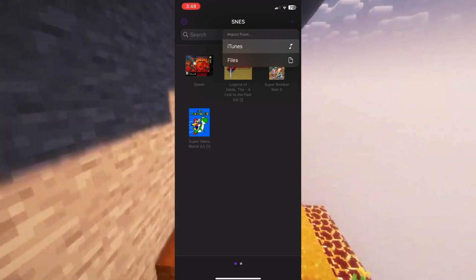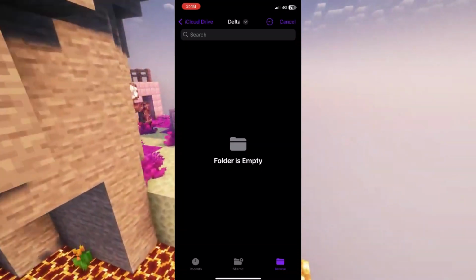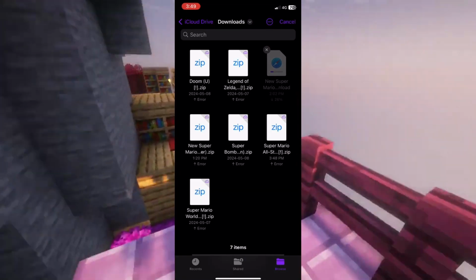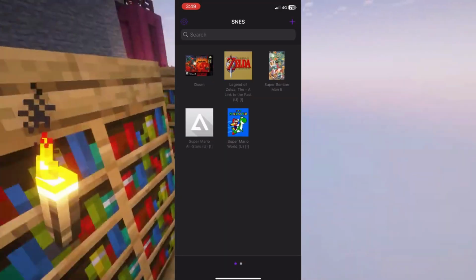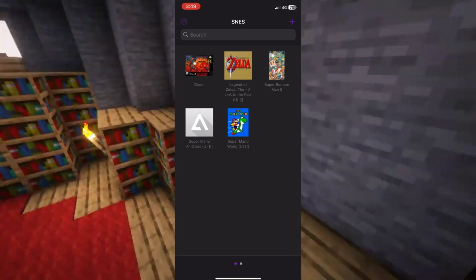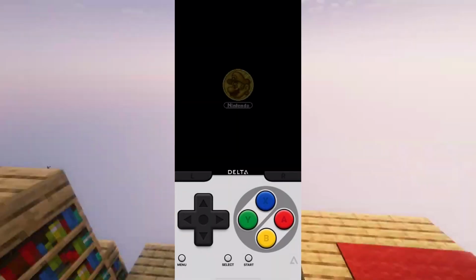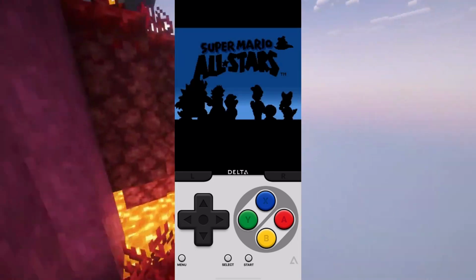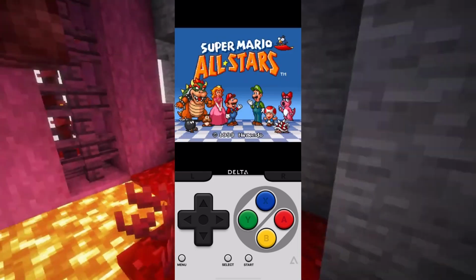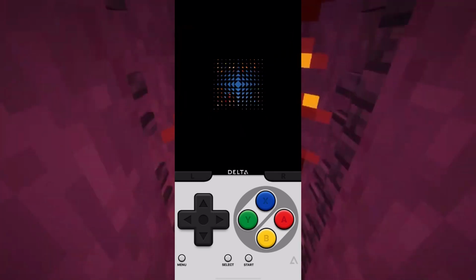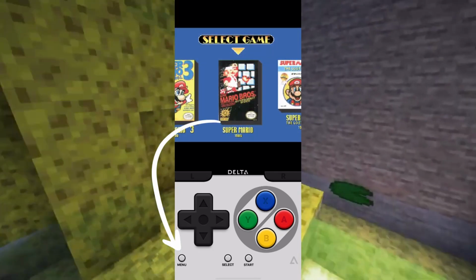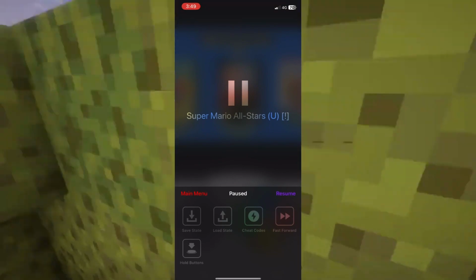Click the plus and choose files, then go ahead and find your game file, which is usually in the downloads folder. Here is my Super Mario All-Stars. I'll just click it and boom, there it is. Now once we click it in our library, it should begin the game with the gamepad and everything. How cool is that? Now if we click the menu button, we can do a bunch of other cool stuff,